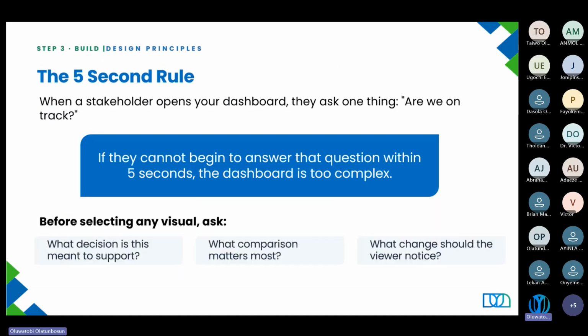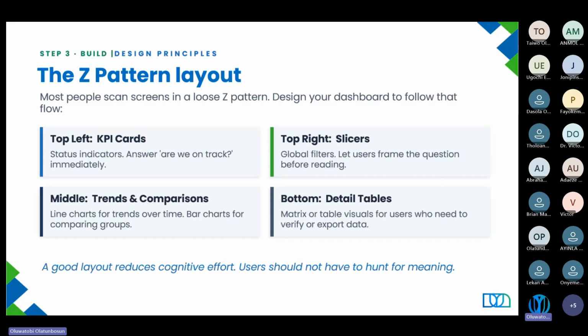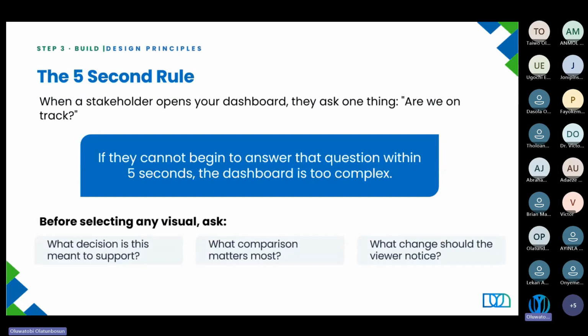Now, there are rules guiding building visuals. We call them design principles. We have many rules, but I recommend 2: the 5-second rule and the Z pattern layout, right? So we start with the 5-second rule. Just put it this way: